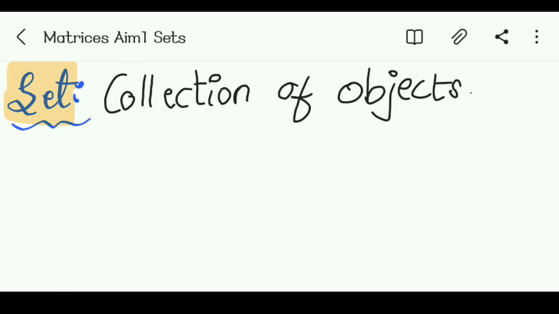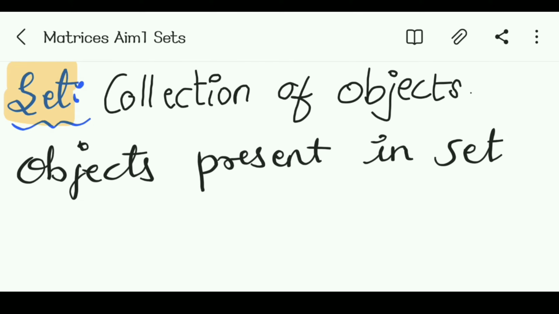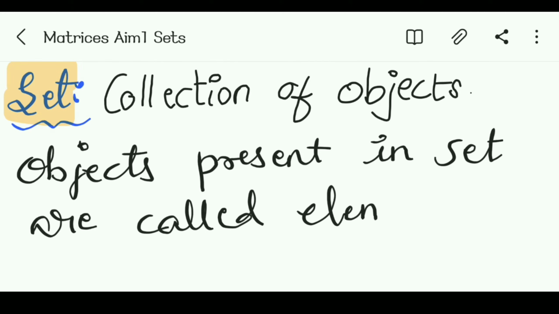Whatever objects we are gathering, it is called a set. The objects present in the set are called elements or members of the set.